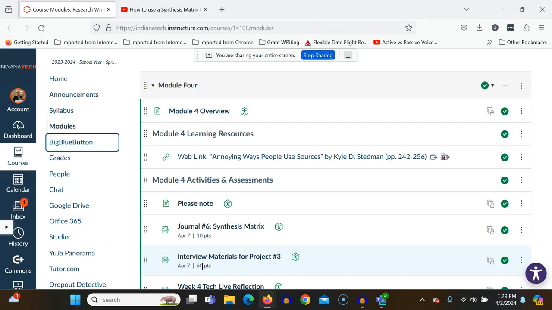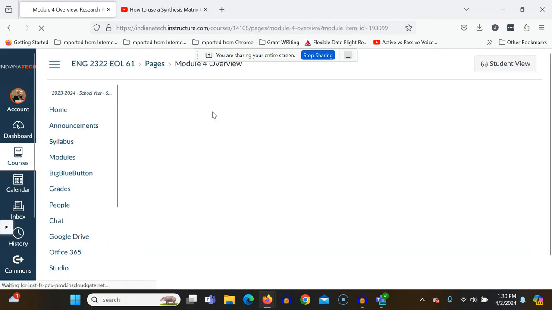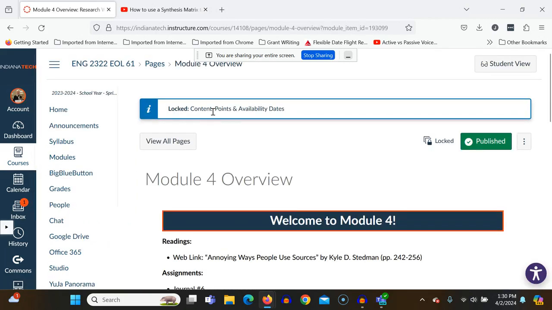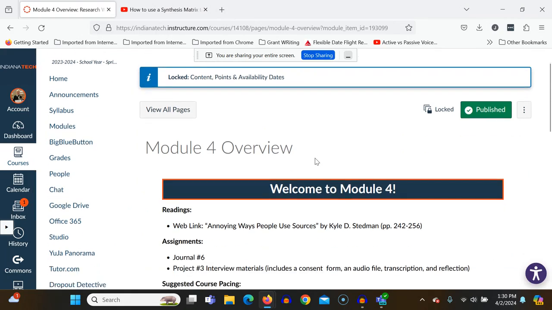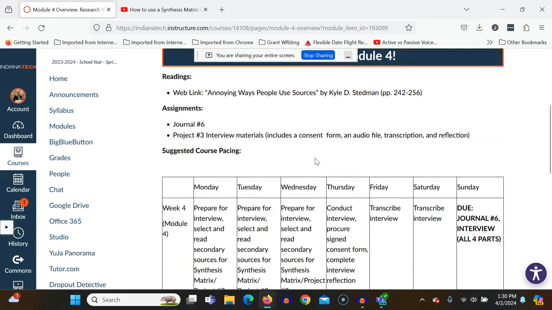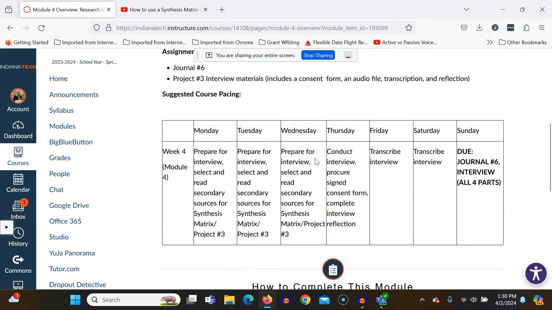Okay, I'm going to start with the Module 4 overview, as we always do. Now, this Module 4 overview, you'll be happy to know, has fewer things to click. So when you look through this overview, it's going to take you less time than normal to get through. Of course, that just means that your work this week is going to be in other ways. So our weekly schedule pacing is actually a little bit different than normal.